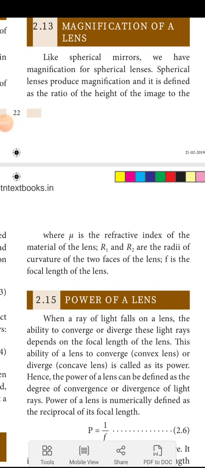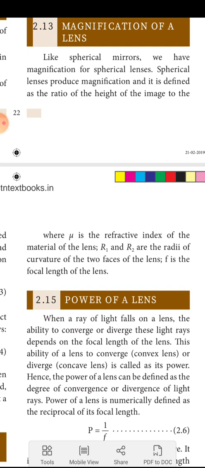Good morning students. Now we are going to see the magnification of a lens. We are using a convex lens as a magnifying lens. To say, the palm reader will be using the convex lens to enlarge the lines in the palm, such that it is enlarging the image. How much it is enlarging, that is the ratio between the height of the image and the height of the object. The ratio between the height of the image and the height of the object gives the magnification of your lens.